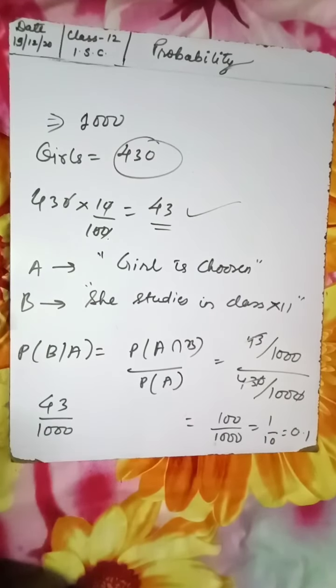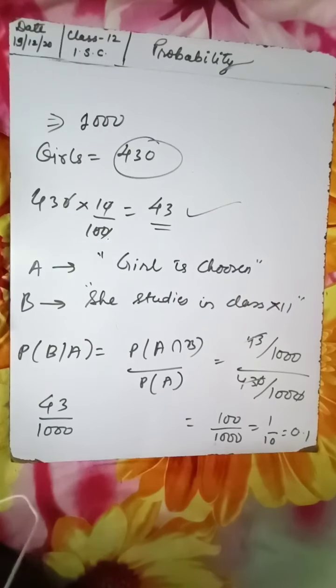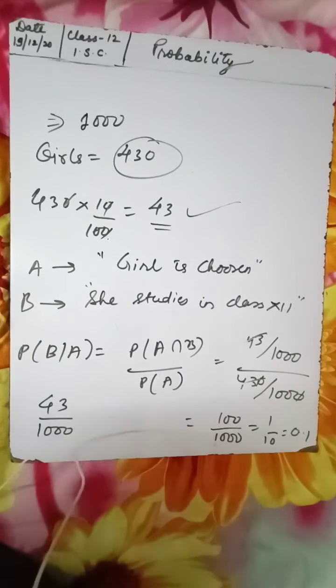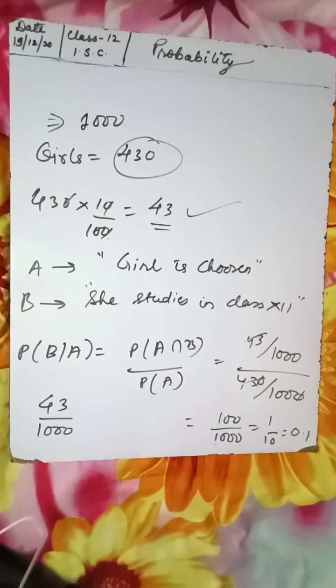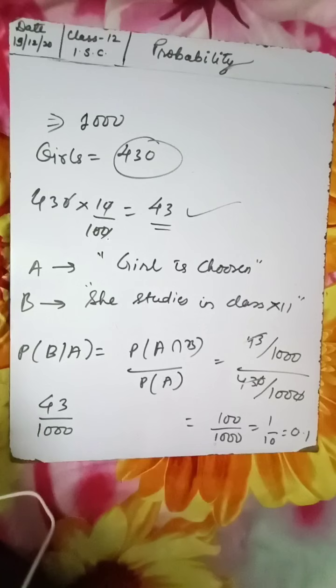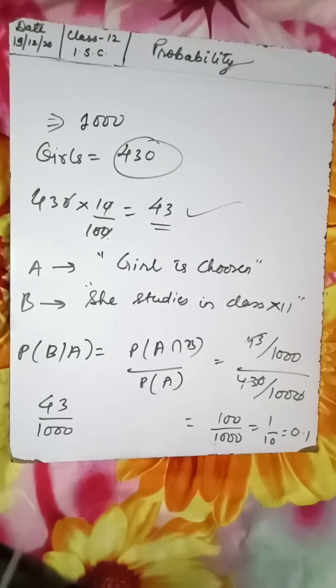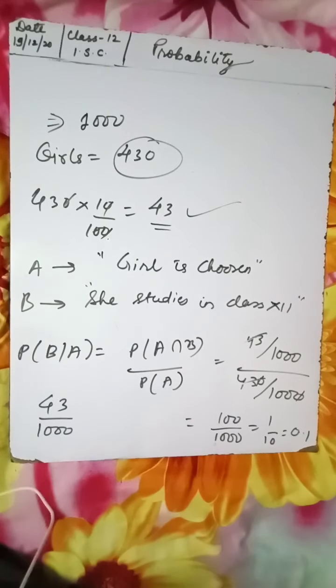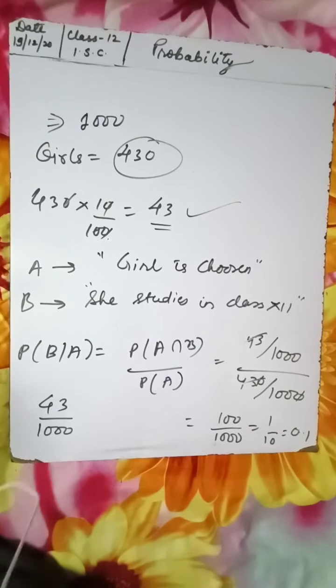So like this, please do these examples. There are 32 examples, and in the exercise only 12 questions, so you can understand the importance of examples. Please go through each and every example and then try to do the questions. I need the solutions in your fair copies. Now in the next lecture we'll come up with the multiplication theorem on probability and independent events. Till then, do practice and share your doubts with me so that I can understand you are studying.